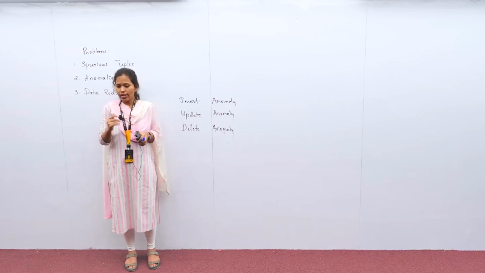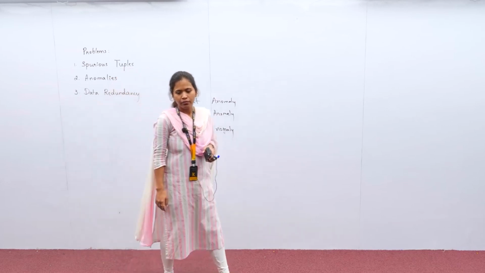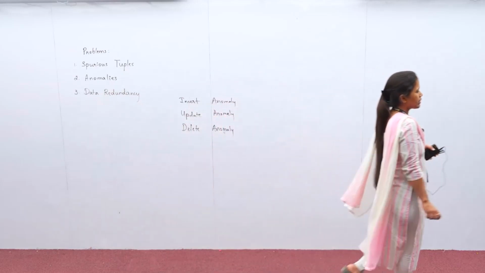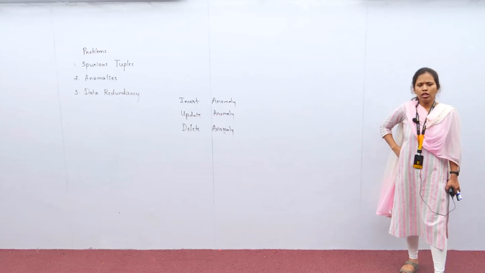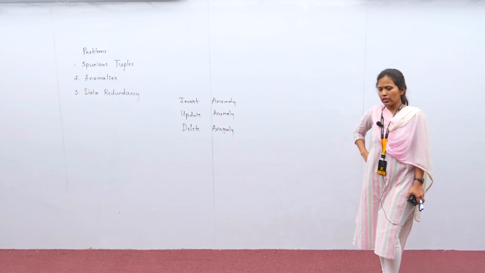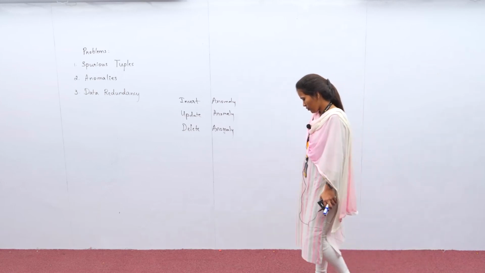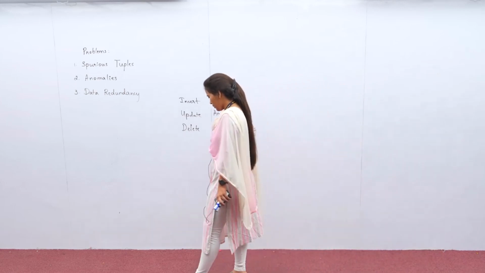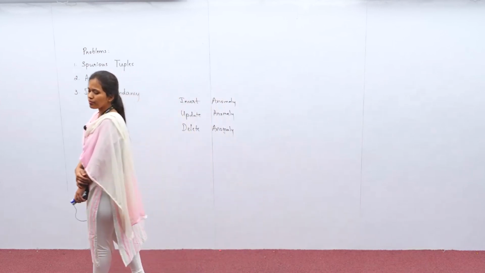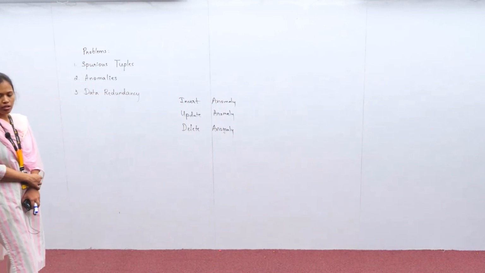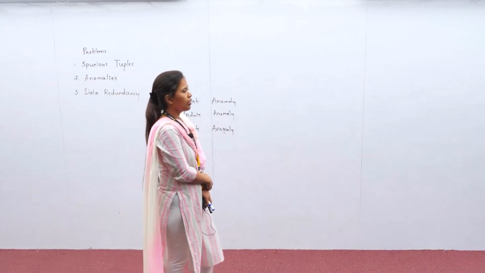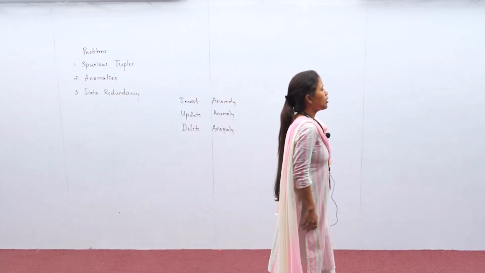Is this clear to everyone? So next problem, anomalies. Take down anomalies: problems that occur in the table while performing